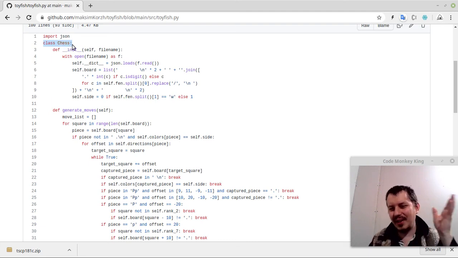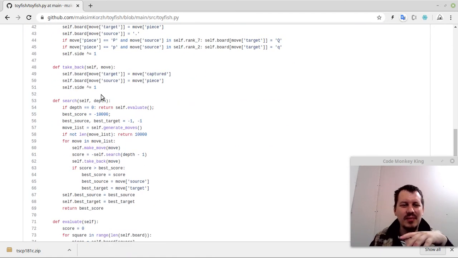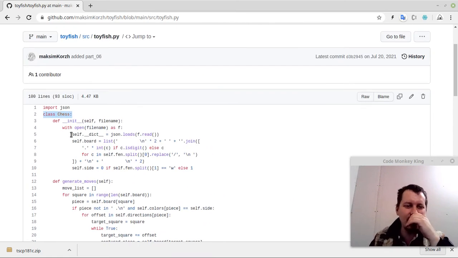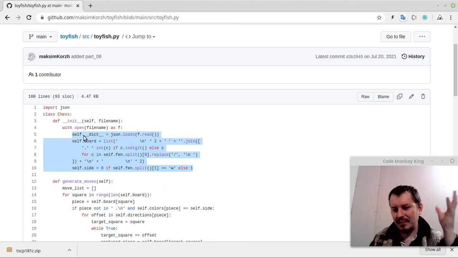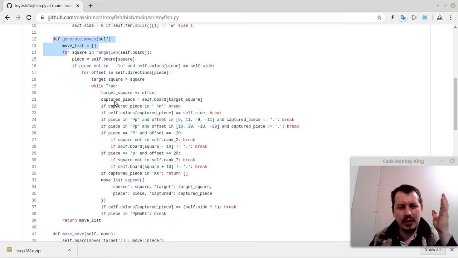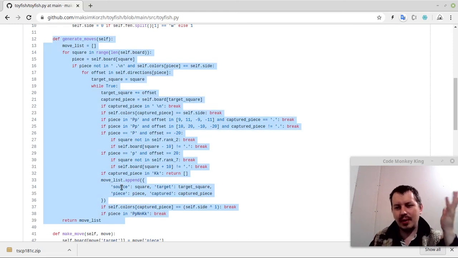Just trolling more, like I hate object-oriented programming, but I just made it for fun really, because in Python this is just fine. It's just a matter of the indentations basically, so nothing special really. So here, first of all, I'm initializing the internal variables of the engine from the settings.json file, and then generate moves is the core workhorse of the